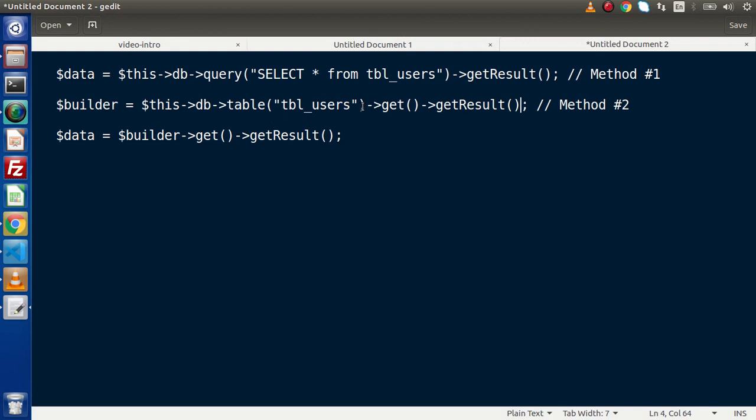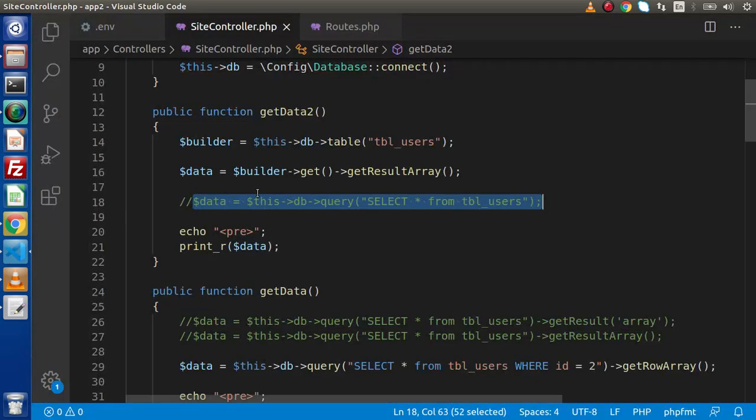Behind the scenes this is going to generate the same query we have written here, but this is more secure than writing raw queries. With the query builder approach, we are protected against SQL injection. So if I copy this line, back to the editor,